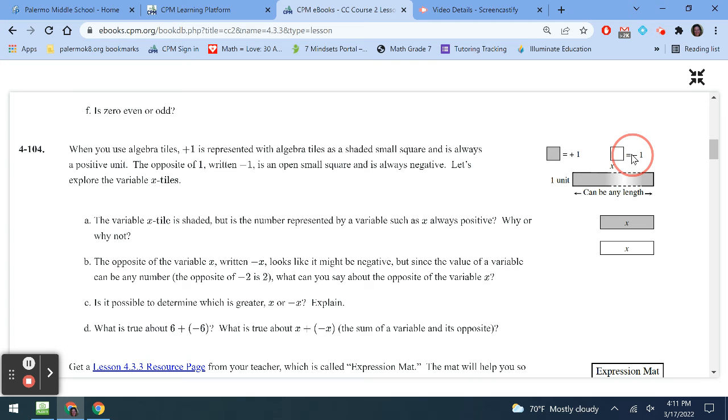and then the opposite of 1, written as -1, is an open small square and is always negative. It doesn't change. So we have shaded is a +1 and not shaded is -1. So I also want to talk about, right here we have,